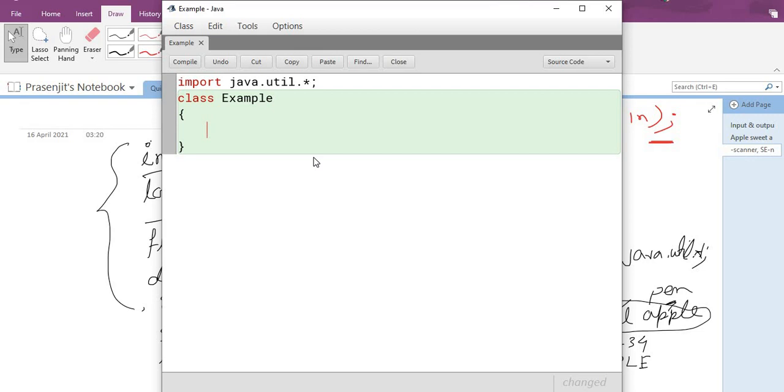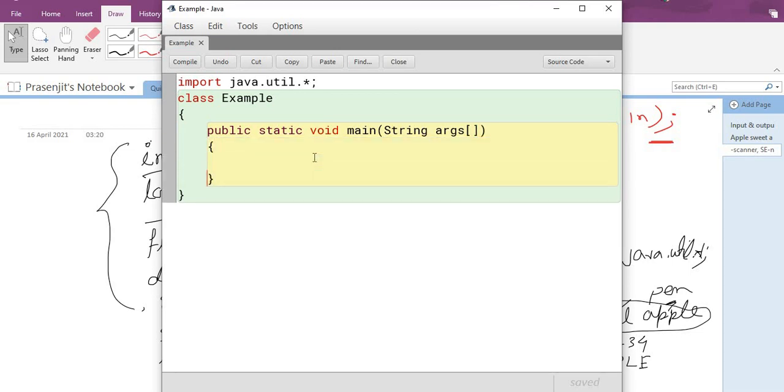So I'm writing a method, so I'm writing a scanner line.